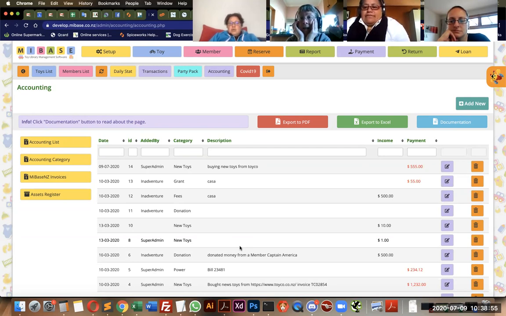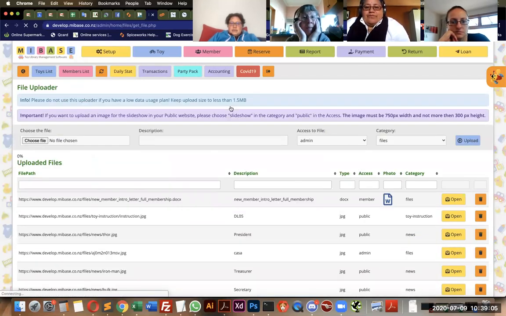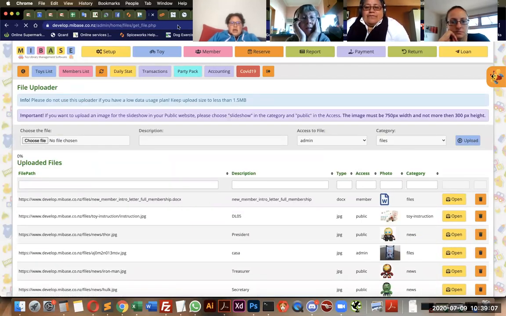You can also download your accountability records in your files. Because in setup, you have upload files. If you just add your documents here, like the year reports that you receive from the accountant, they can go directly here. You just need to have admin access and the category files.